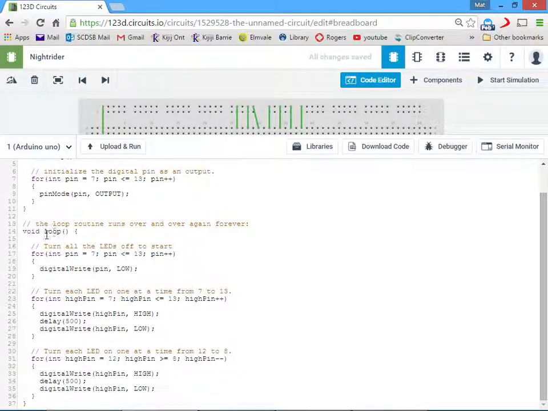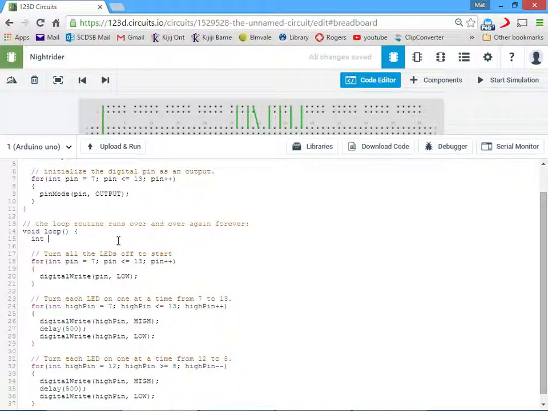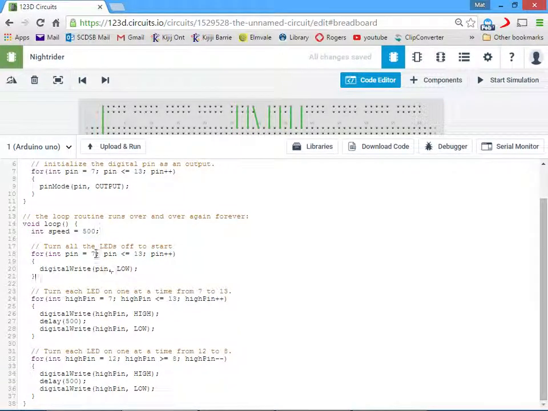So if I make a variable inside this loop, then we call that a local variable. It only exists within this loop, which could be fine. The problem with doing that, so if we make an int variable called speed, if I initialize it to be 500, then the problem is every time I go across and back, it'll reinitialize and remake this variable of 500. And so that's one of the problems with local variables, is if I want them to keep going up or going down,